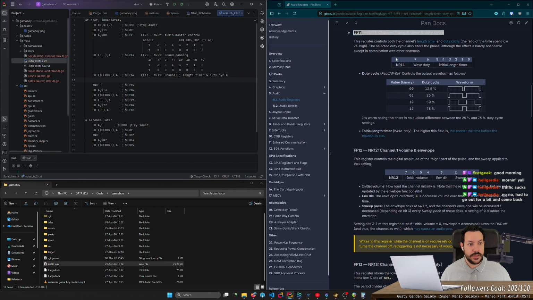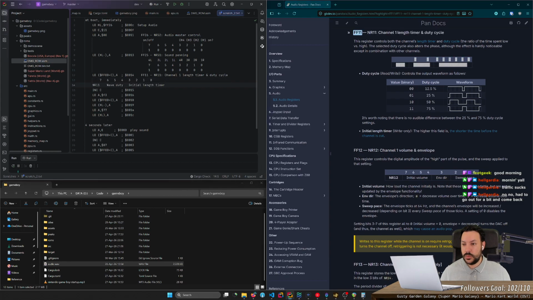It's this. Okay, so wave duty is these two, and then initial length timer, it's those. Okay, cool.